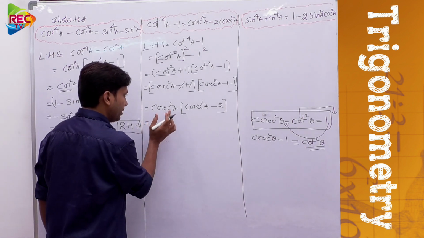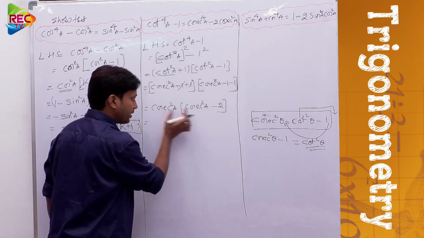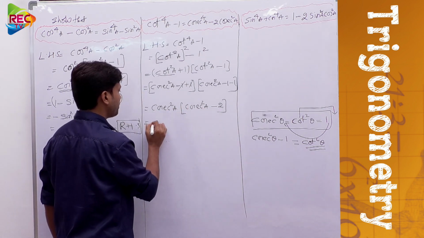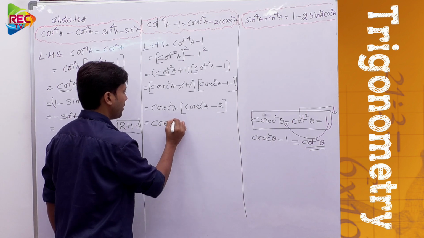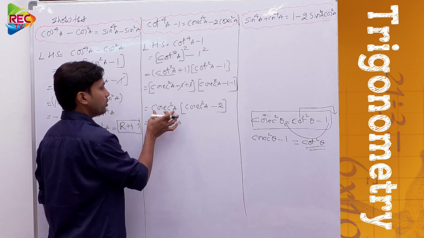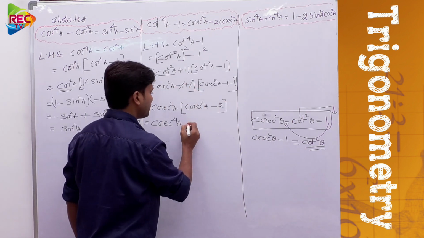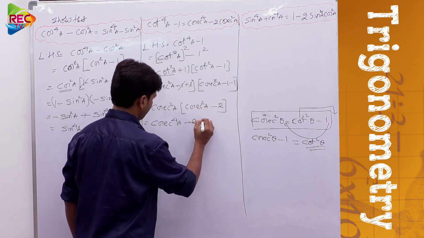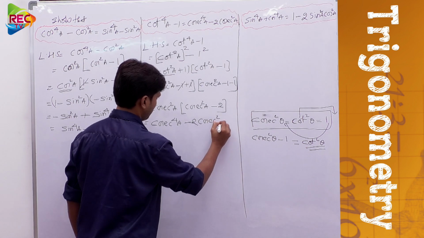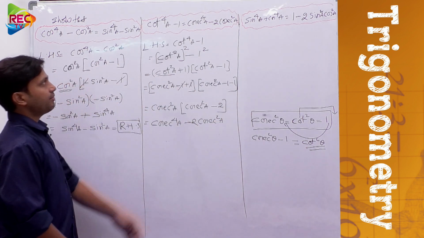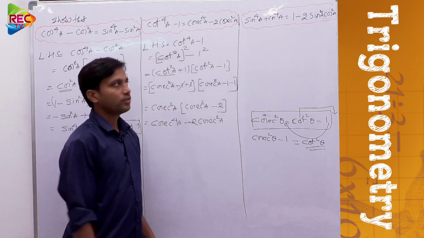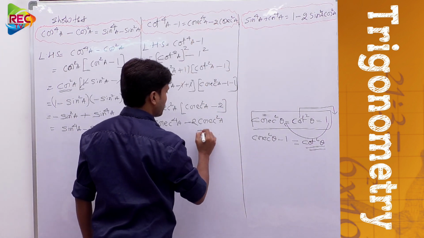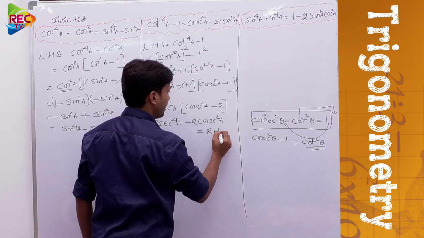So here now this should be multiplied with these two terms. Multiply cosecant square A with cosecant square A to get cosecant power 4A, and cosecant square A with the 2, this is minus symbol, minus 2 into cosecant square A. Now I think we obtained our next result also. So here we obtained our RHS part. So this would be our RHS, hence we proved it.